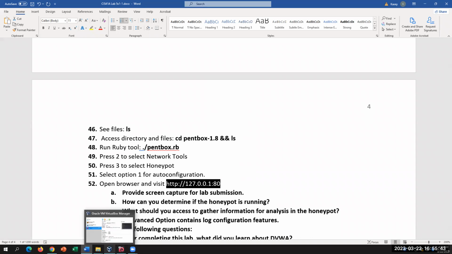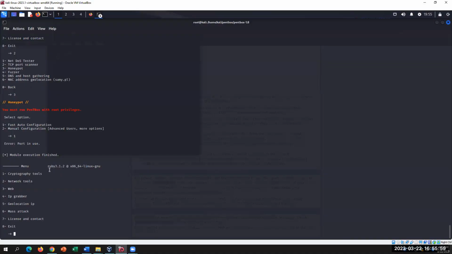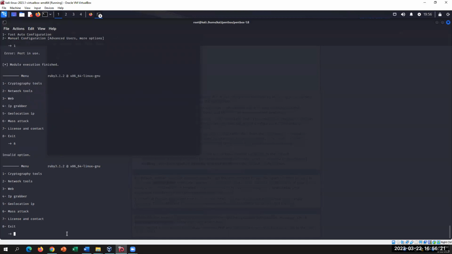Huh? It says port in use. Oh yeah, because it's probably using it for request stuff still when we were doing the scan. So yeah. But did it say that on your thing? Mine didn't. Oh, mine didn't. Mine took it. But it's probably still using it for other things like your scanner. Because when you do HTTP requests, it's still port 80 or 8. Yeah. And then if you want to exit, you just simply press 8 and